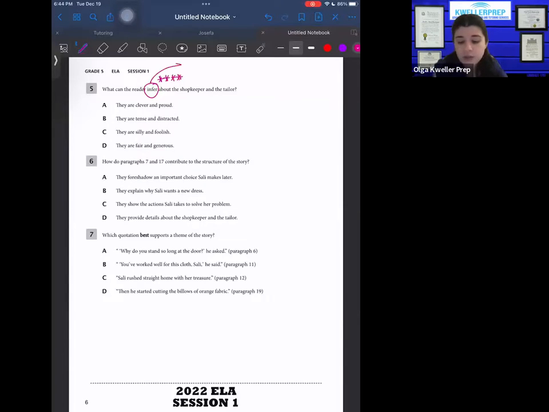And usually with the inference questions, what helps a lot is noting the tone and the kind of adjectives, the connotations of the adjectives. So this is what I was talking about earlier, whether it's positive or negative. And to teach students connotation, a big example that I always use is, let's say, the word visitor, right? So the word visitor, by definition, means somebody that's in your home that probably doesn't live there, right? Somebody's visiting you. But if I want to very subtly make that word more positive, I can call somebody a